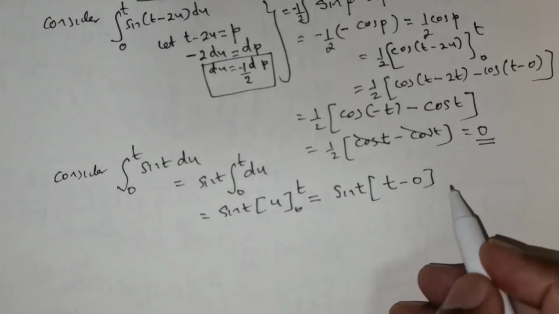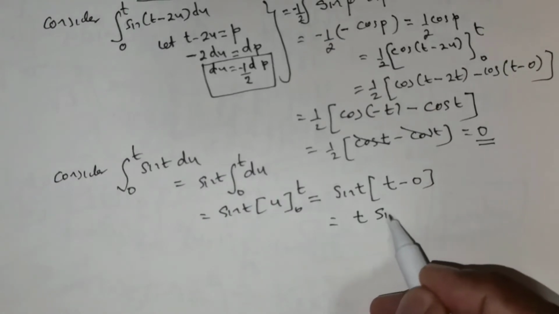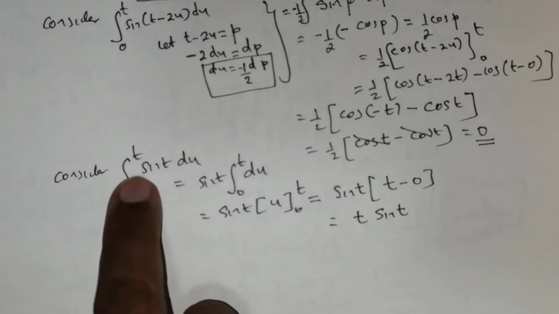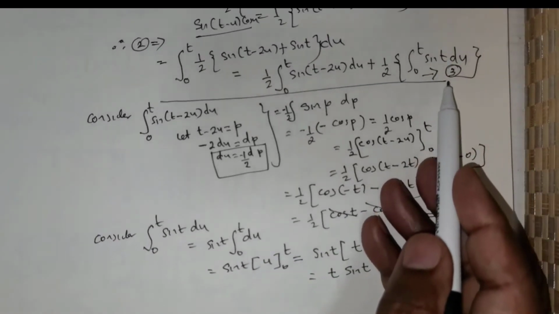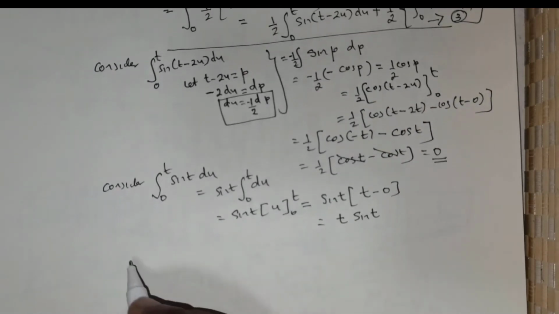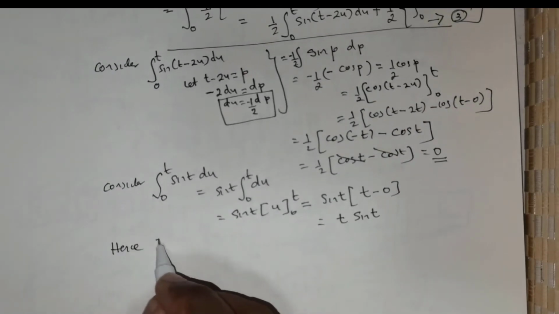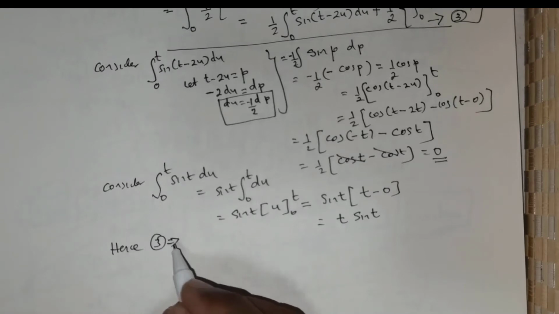So this one is going to be t times sine of t. So this is what you have got for this. Now I need to take all these values and substitute it in 3. Okay, so hence my 3, I can rewrite 3 as,